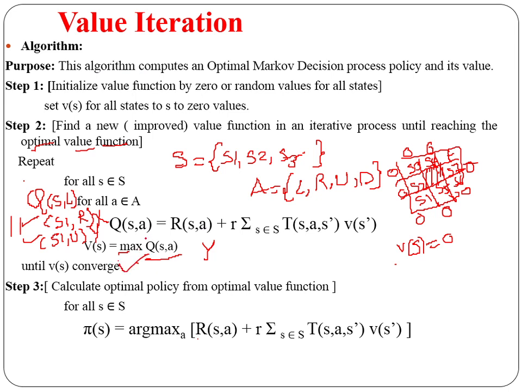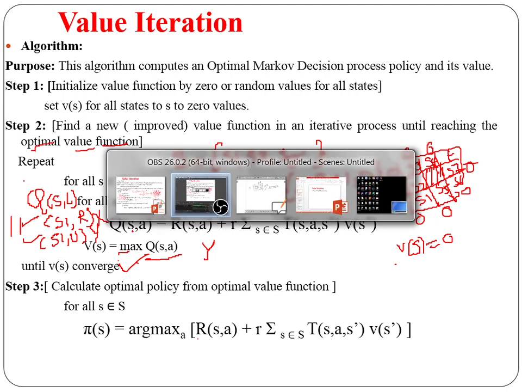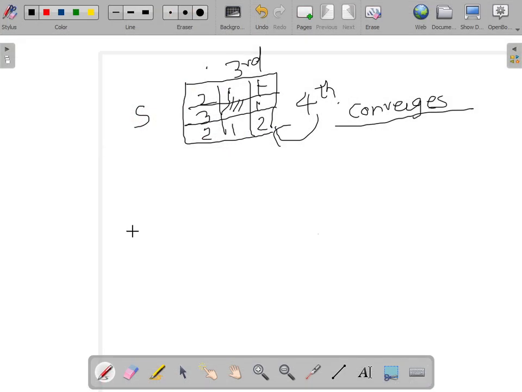Now we have got the values of each state. That means the value of S1 we got as 2, the value of S2 we got as 3, the value of S3 we got as 2. Like that we have got the values, but now we haven't selected the policy. Policy means what sequence of steps I should take in order to reach my destination. This is your destination, so I have to take the policy here.